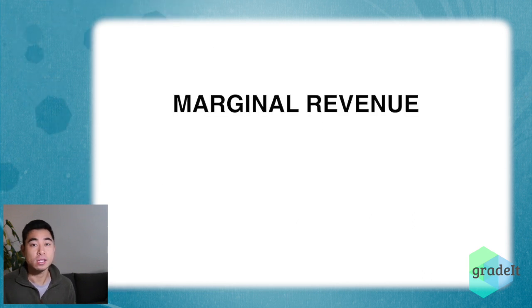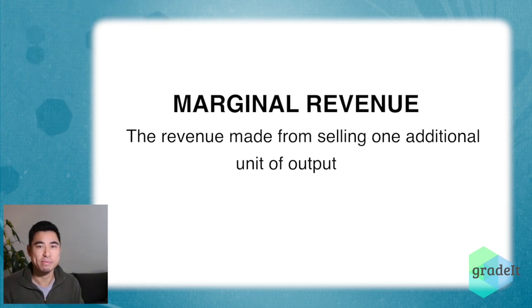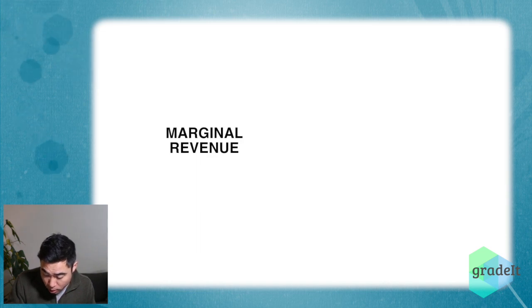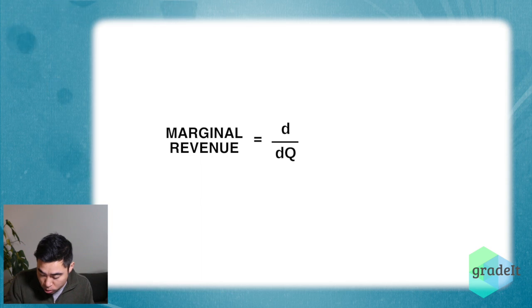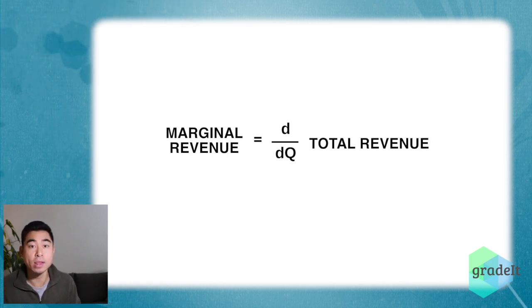So recall your definition for marginal revenue, and this is the revenue made from selling one additional unit of output, i.e. how does my total revenue change with respect to quantity? And mathematically we can represent this like this. So marginal revenue equals first derivative with respect to quantity of my total revenue. Okay, so just bear that in mind, and we're going to obtain an expression for marginal revenue from our demand